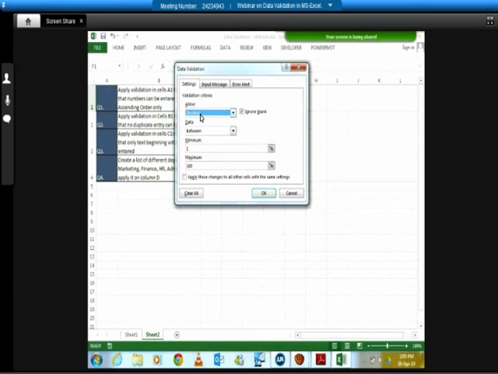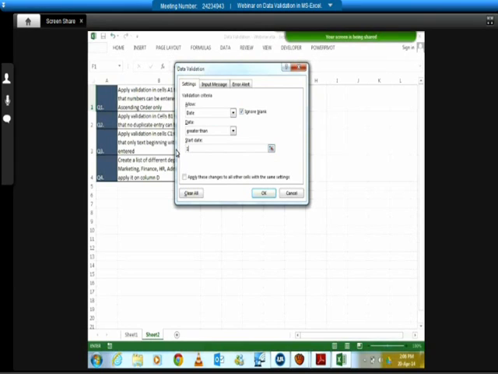Let's talk about date. Now what I've done, I had applied a criteria of data validation from F1 to F10. I picked only one cell of F1 and let's say I want to change the validation criteria over there. So I'm applying a criteria of date and I am saying let the date be greater than, only if the date is greater than 1/1/2014 it should be allowed to put.